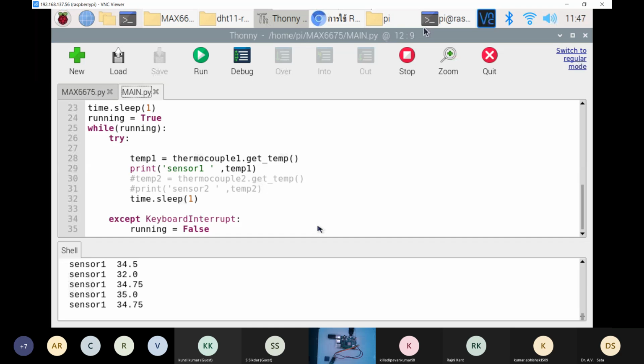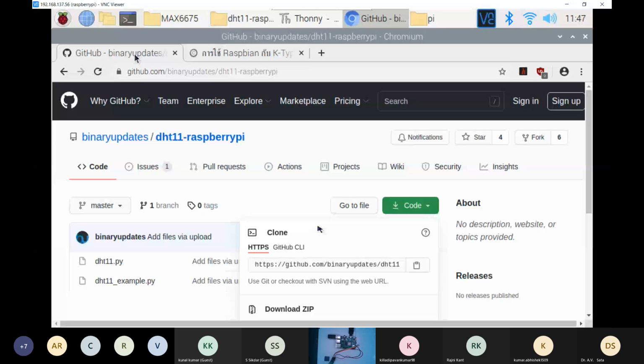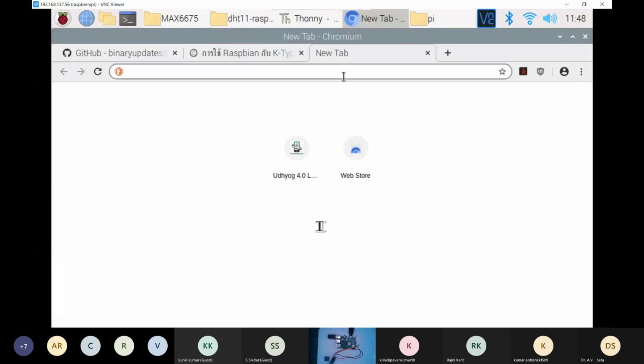Then there is this direct GitHub download, like this binary that you can download directly, which we'll be using for MAX31865, a chip to connect with an RTD type thermocouple.